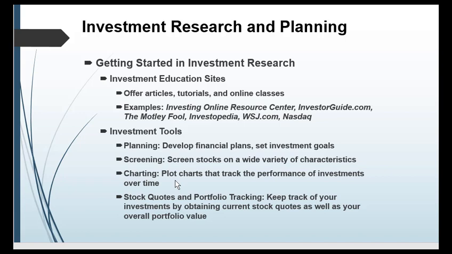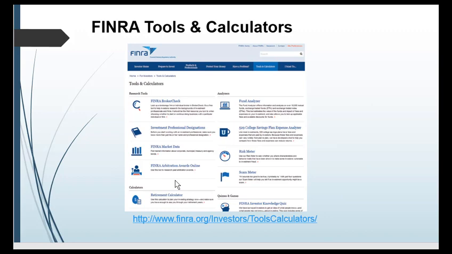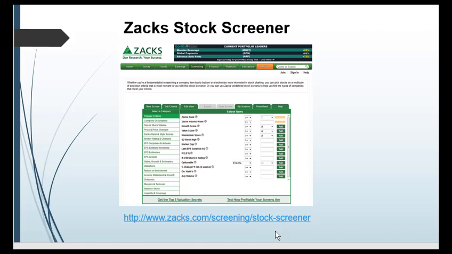Charting tools will look at volume, look at price changes, etc. And of course, we can look at quotes. Some of these sites provide what are referred to as portfolio tracking. You can create a portfolio and it will follow that portfolio for 3, 4, 5 weeks, and you can go out and look and see what has happened performance-wise to this particular portfolio that you're following. FINRA is one of the sites we've talked about. Again, this is just a variety. If you click on this link here, it'll take you to the tools and calculators section.